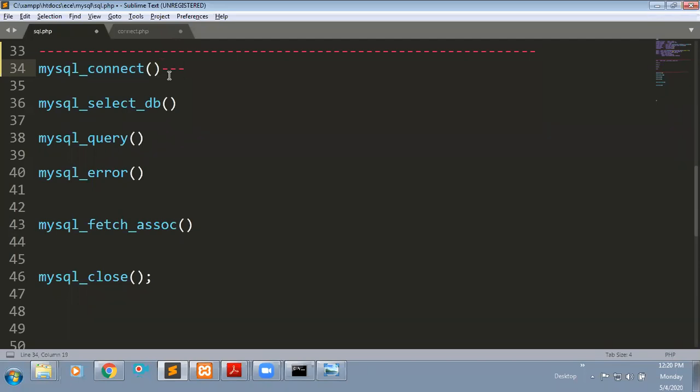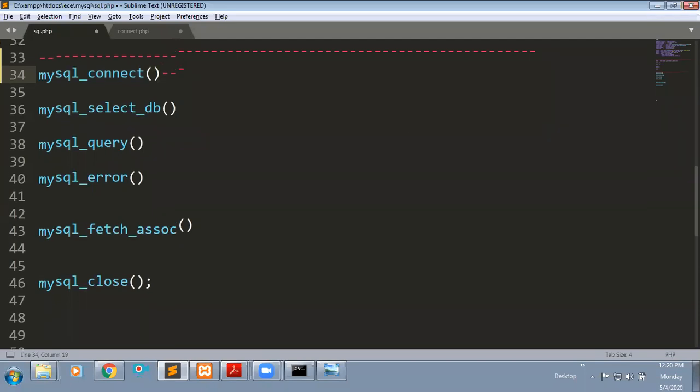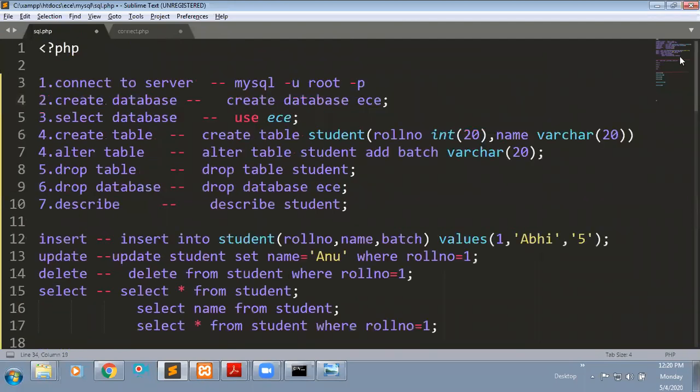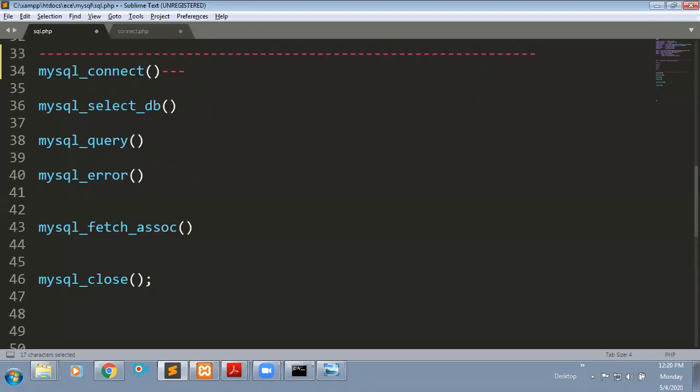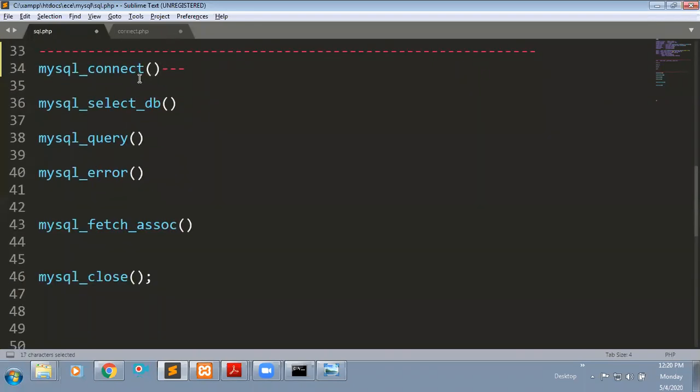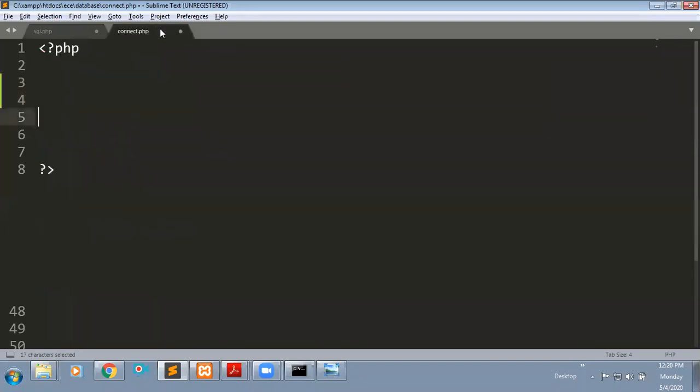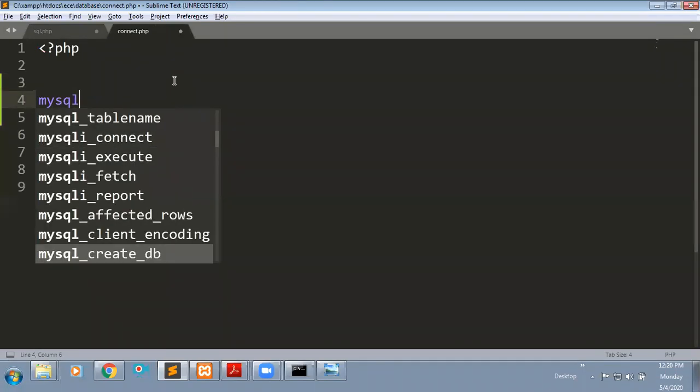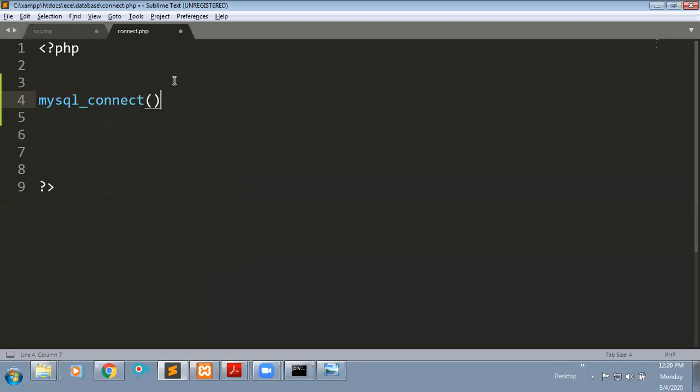If you want to connect directly, you can use a general statement, but using PHP, by using this function, mysql_connect, you can connect with your MySQL server.